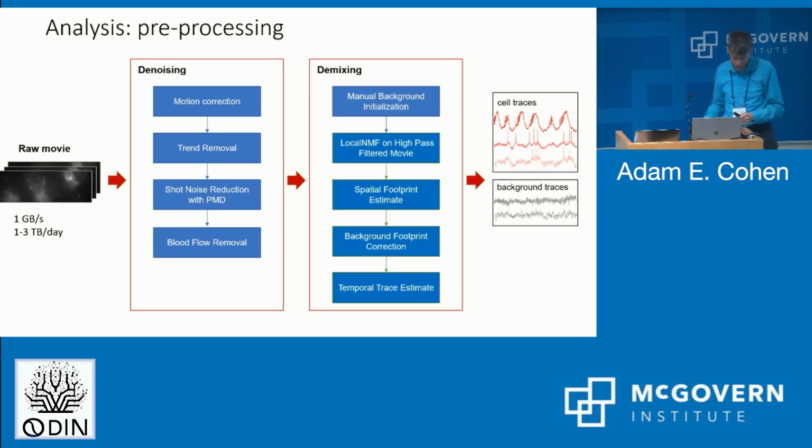The other side of the computational problem is on the analysis. Here's a summary of the pre-processing pipeline. So we get about 1 gigabyte of data per second as these run, so a couple of terabytes per day. And then we have to denoise it. There's a variety of sources of both systematic and statistical noise. We have to pull out the signals from the individual cells, and then we can get these traces. And then that is sort of where the science begins in terms of trying to understand what drives these different